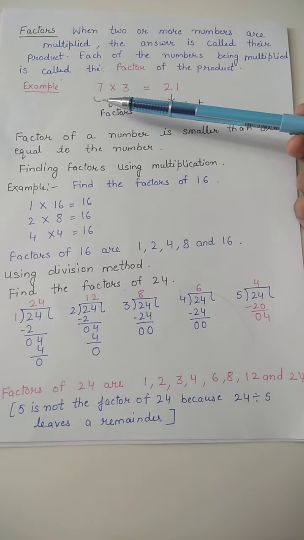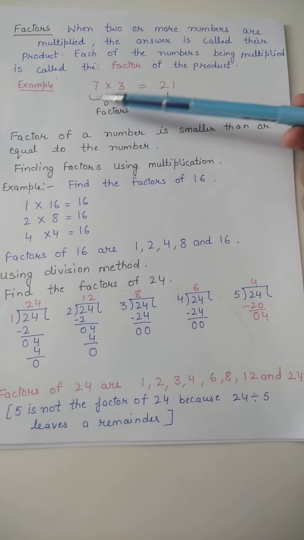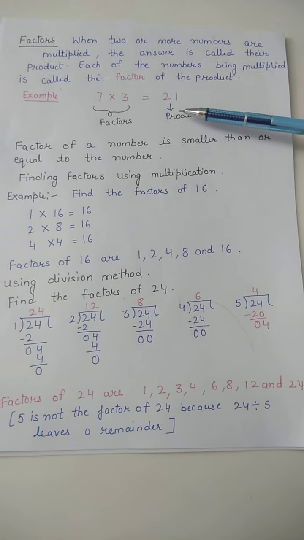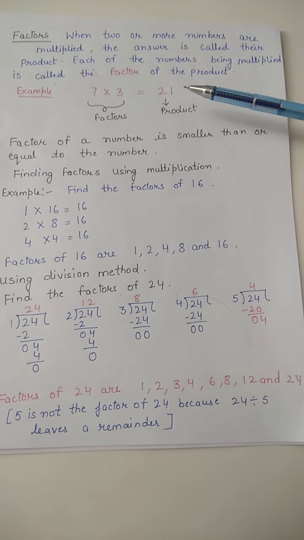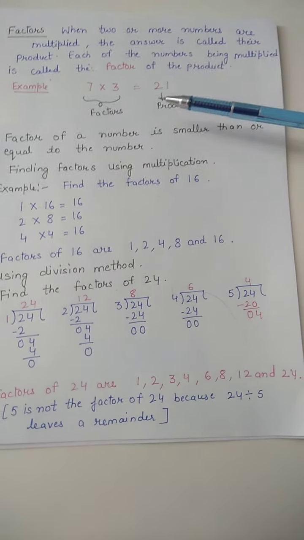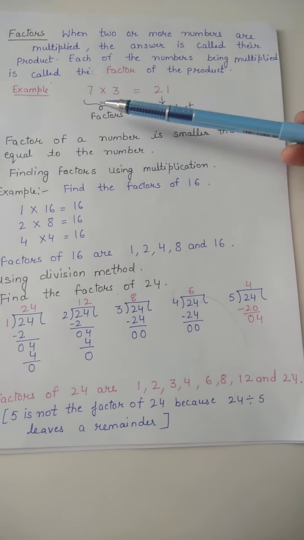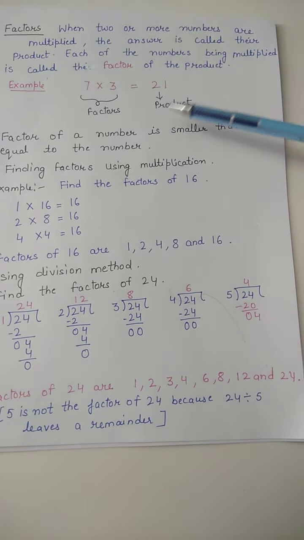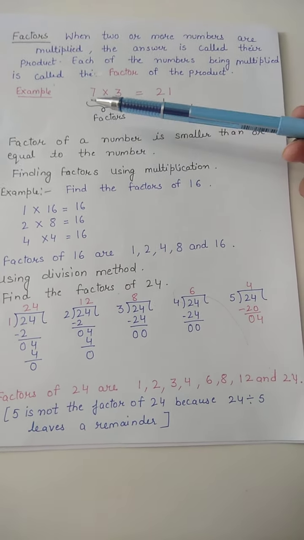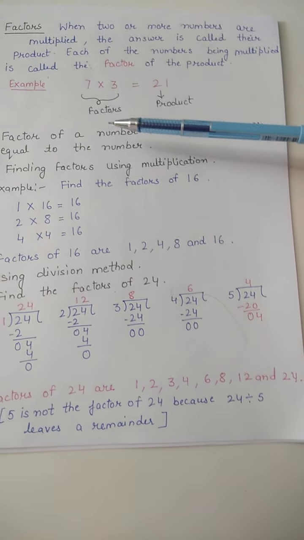Why? Because by the multiplication of these two numbers we are getting the product. So these two numbers we call factors. Factors of what? The product, right? And if you get confused about multiples: when we multiply two numbers, the product we call a multiple, right? So when two numbers are multiplied, the product is called a multiple. In this case, the two numbers that we are multiplying, we call factors, right?